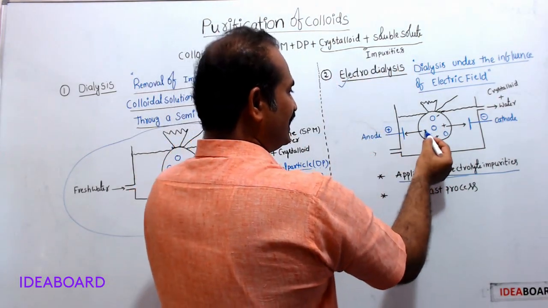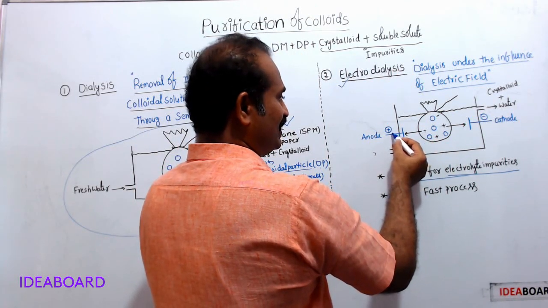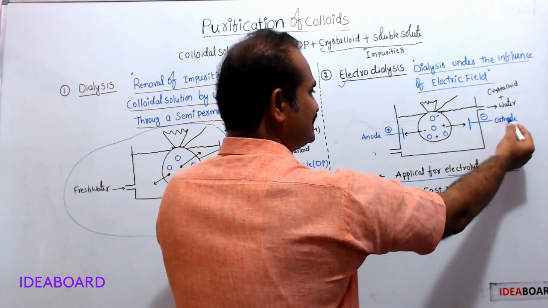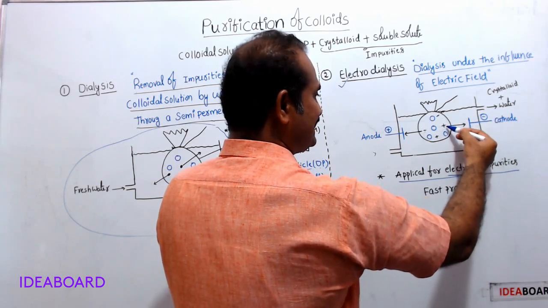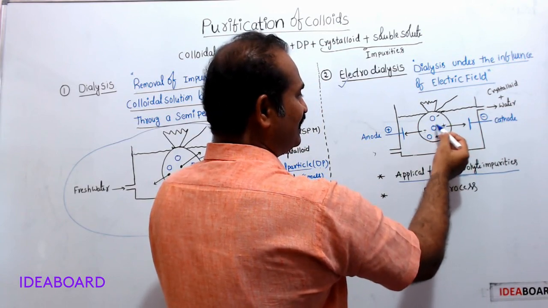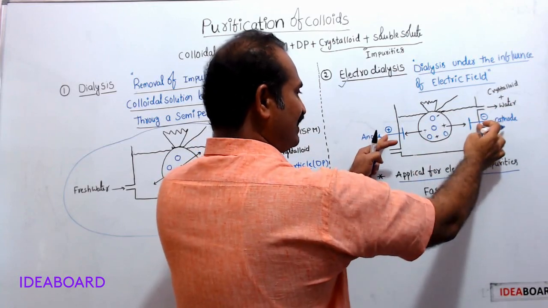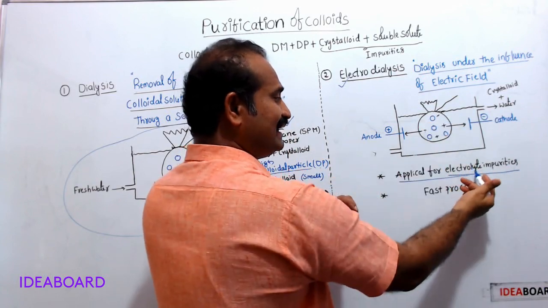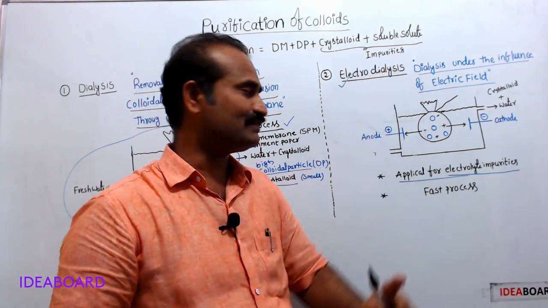Therefore, here see the negative anions are attracted by anode B, because the anode is positive. Being a positive plate, it attracts anions towards itself. This cathode is negative. Being a negative plate, it attracts cations towards itself. Therefore, both cations and anions come out of the bag very quickly under the influence of the electric field. Now this colloidal solution is free from electrolytic impurities. In this way, the colloidal solution is purified by using the electrodialysis process.